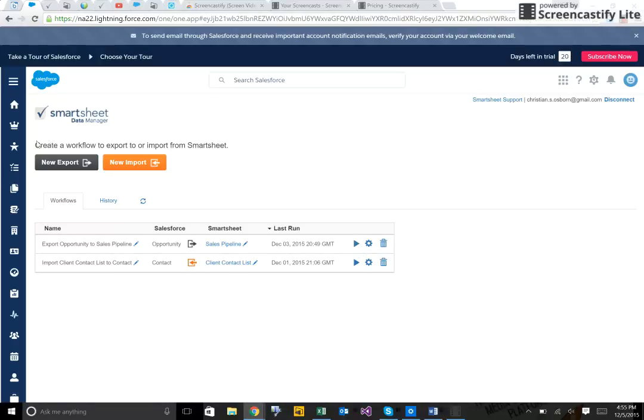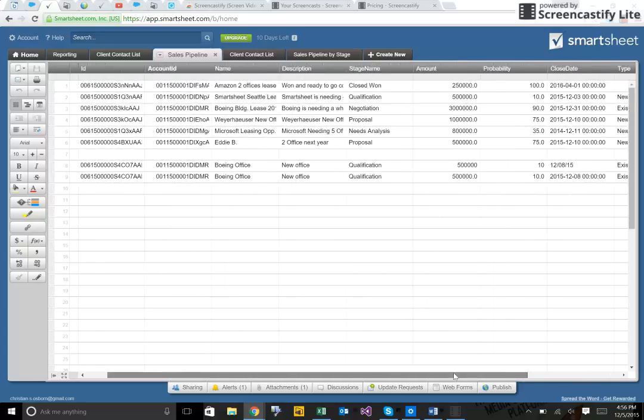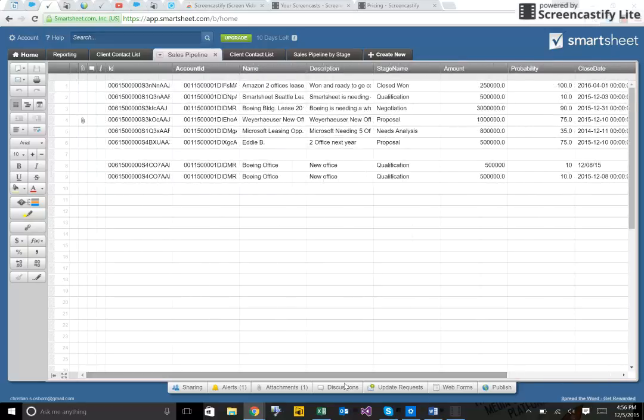As you can see here, if I were to run my export opportunities to sales pipeline from Salesforce to Smartsheet and I click play, I'll go into my Smartsheet tab. You see my sales pipeline tab or worksheet that it correlates to, and all of the fields are already lined up with my ID, my account ID, name, description, stage name, amount. And this is all based off of a sales scenario, given the stage name of if it's a qualified deal or if it's closed. So those fields are then correlated from Salesforce to Smartsheet, and the data is then transferred once I click play